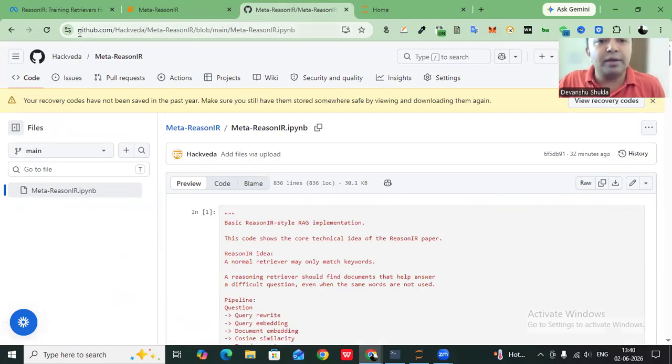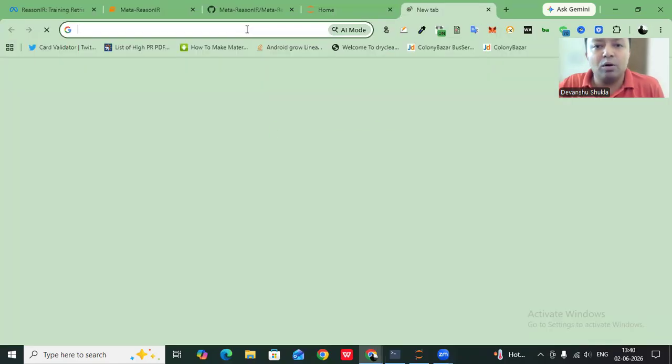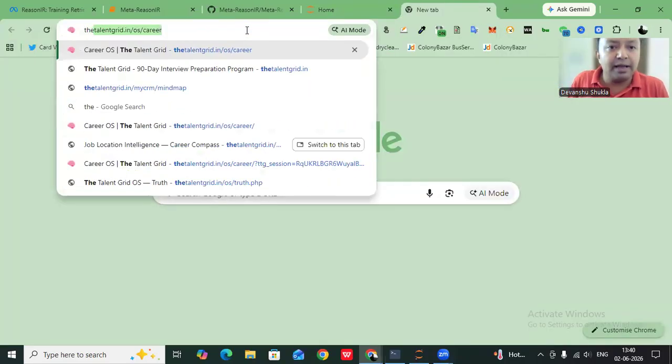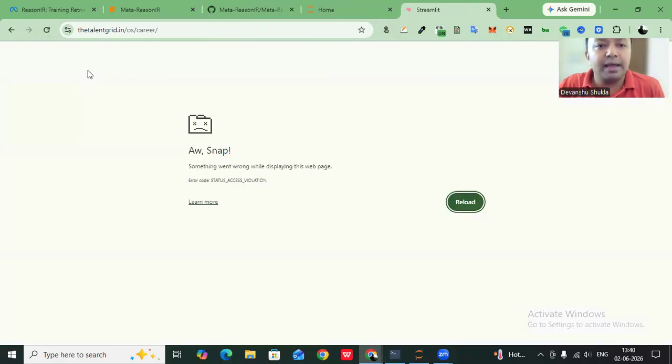So here you can go to github.com/hack with us/Meta ReasonIR, and this is what we are going to evaluate and plan. Now, I also would like to evaluate it in my Career OS